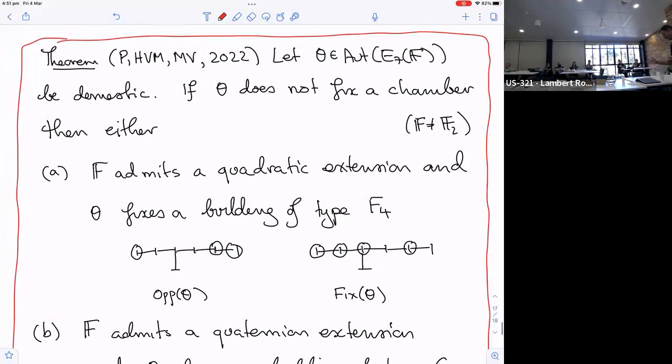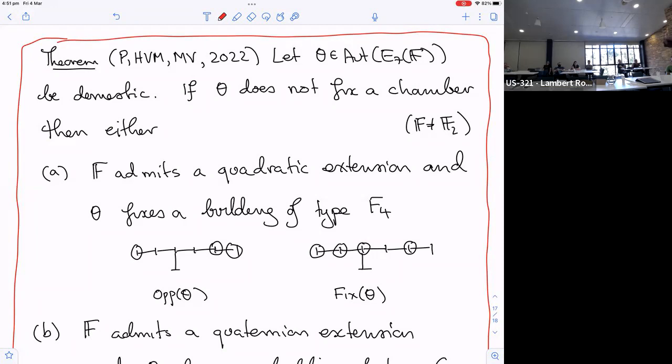I can write them all out in Chevalley generators, but I have to check that they're conjugated into the right thing. Anyway, not fixing a chamber is a very different flavour there. It depends much more on the field. So if the field, this is also even known, but anyway, if the field admits a quadratic extension, so I'm saying we're starting with the domestic automorphism, then